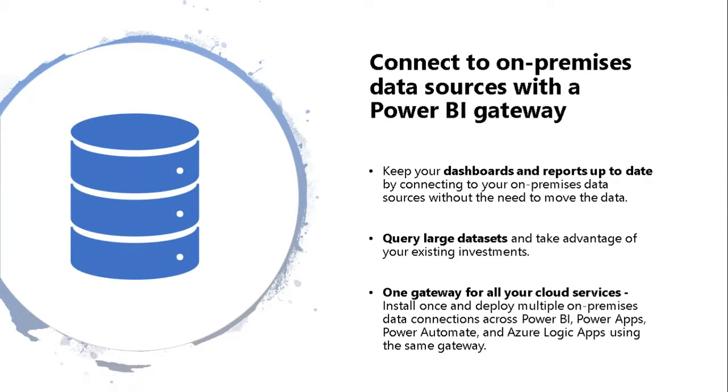Next, we're going to talk about connecting to the on-premises data source with the Power BI Gateway. Power BI Gateway is nothing but a connection which you establish when you're trying to connect to the data sources that are available in your on-premises data. You can have your entire data in sources like your local drive, which you can directly pull. In this way, you will be able to pull in large data sets. One gateway is sufficient to have multiple on-premises data connections established within Power BI.